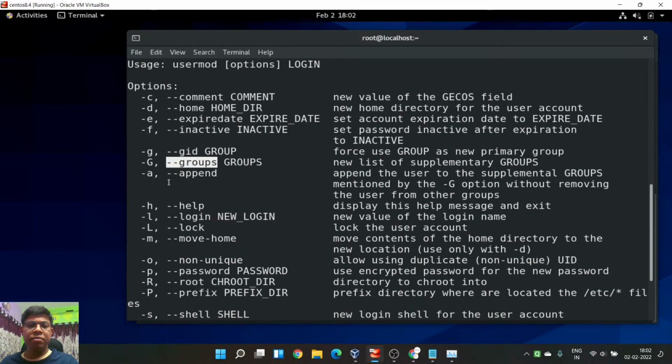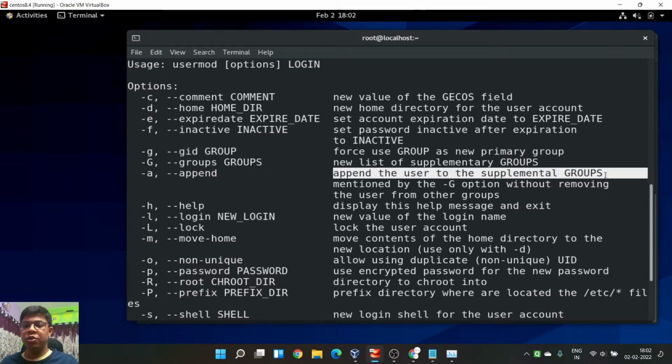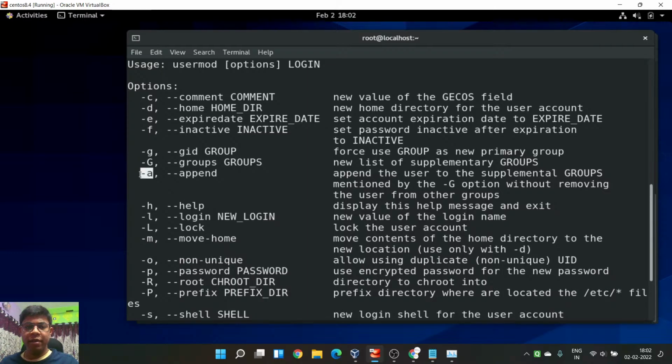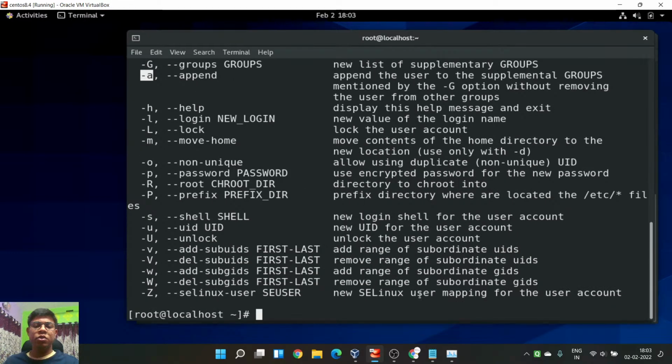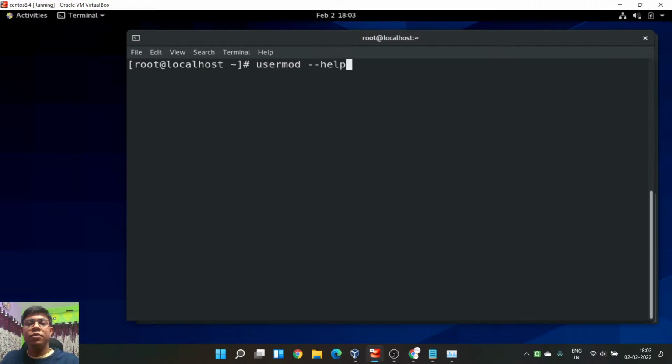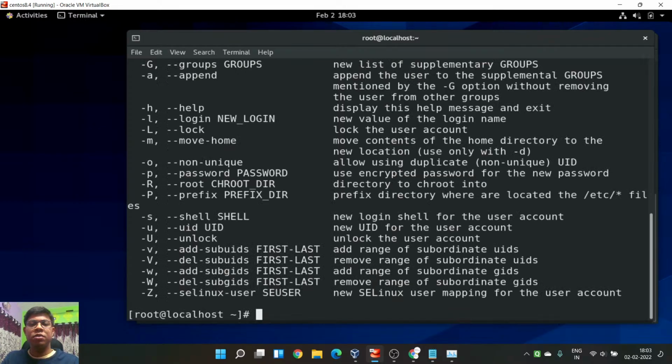Yeah, I believe that it will do the job. Big G, append user to supplementary groups. So small a, okay, force user as a new primary group. Okay, so small a can do the job. So let me check actually. So usermod, and I am doing small a, then wheel, and then on abc user.